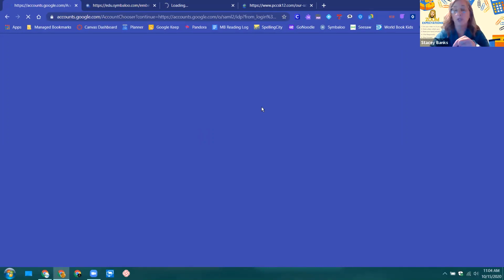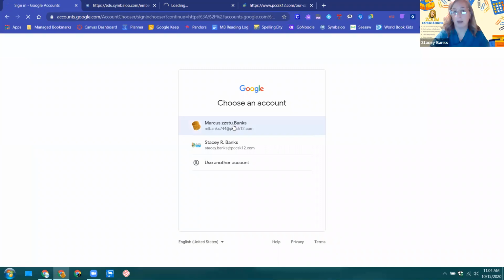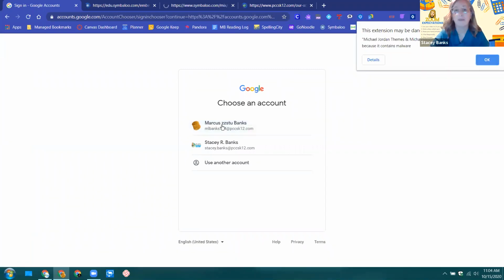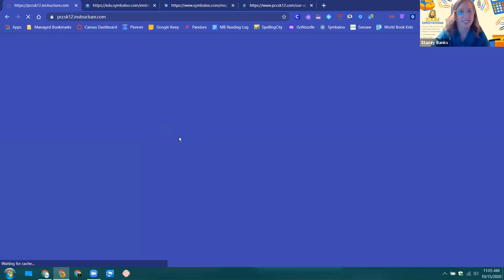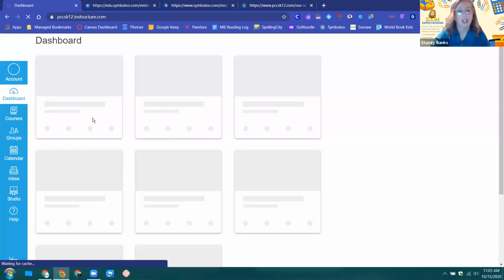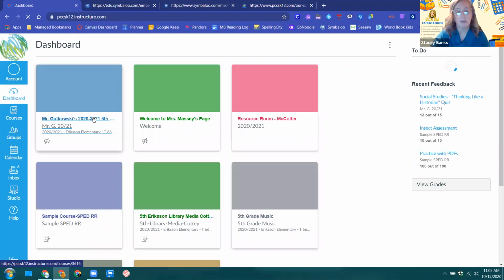And if there was a paraprofessional in my son's class, that teacher would be able to open up that meeting. Of course, it's not going to work. Okay, my son's got some sort of dangerous malware extension attached to his computer. So within my son's course,